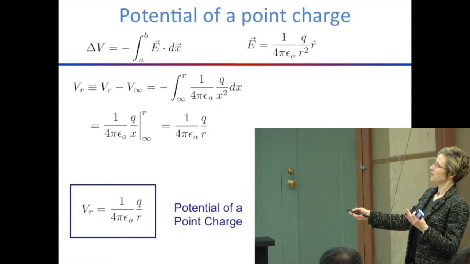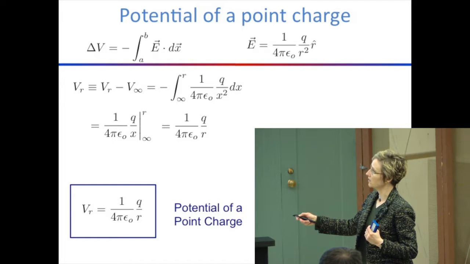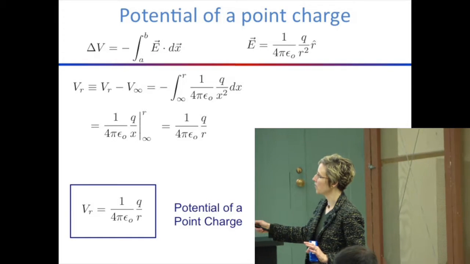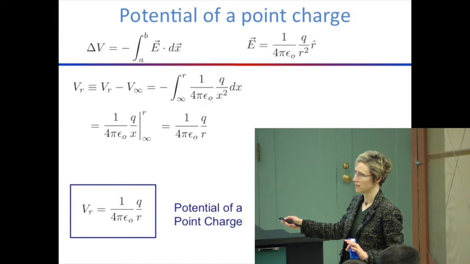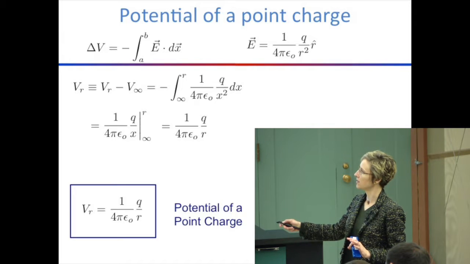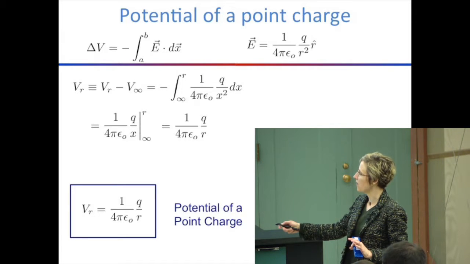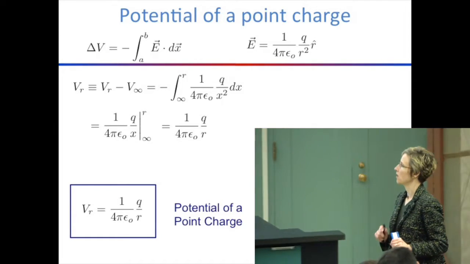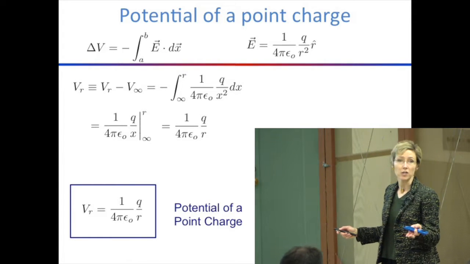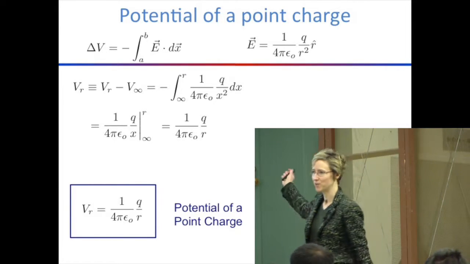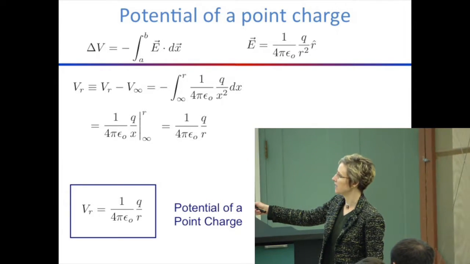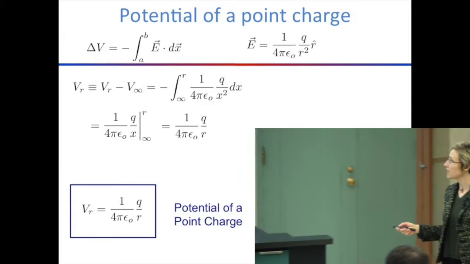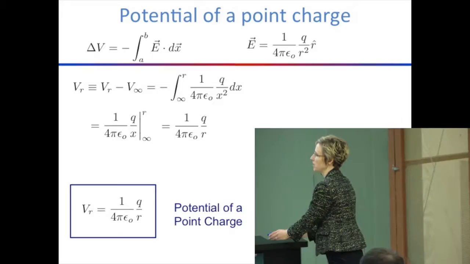So if I integrate, look inside this integral, and the only thing that depends on distance is x, right? So q, 4 pi, epsilon naught, those are constants. The integral of 1 over x squared is minus 1 over x. So the minus sign cancels that minus sign, and I get 1 over x. And I'll integrate that from infinity to r. And then plug in the r here, and I get 1 over 4 pi epsilon naught q over r, minus the contribution from infinity, which for the point charge case, we said we could define as 0. So there's minus a big fat 0 over here, like the back row told me before. And so we define the potential of a point charge as